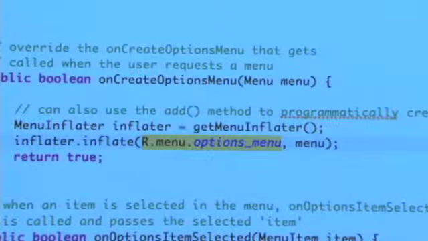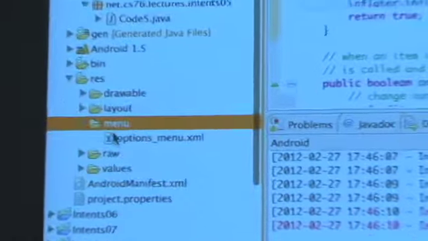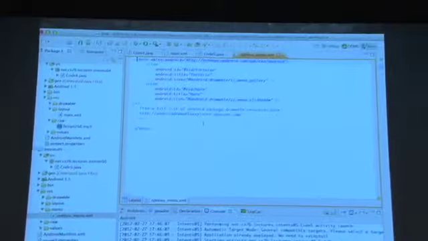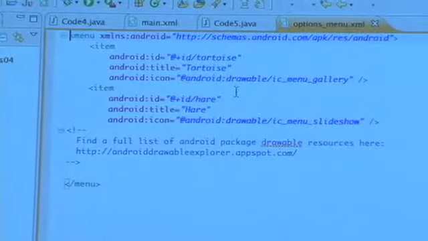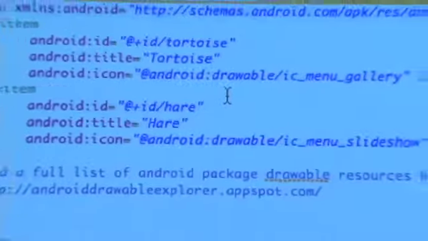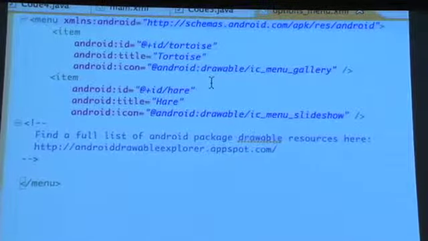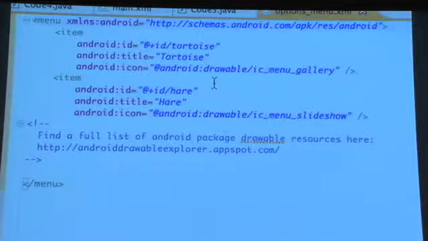R.menu.options_menu. And this is actually found in our resource folder under the menu folder, and we have this XML file called options menu. So very much like we've seen before. And if we actually take a look at this XML file, it's rather simple. Notice that our root element is a menu element. We have two items as sub-elements within, and you can place text and also icons